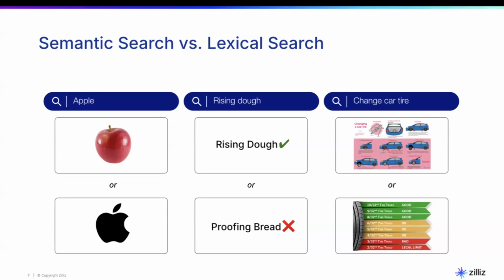A lexical search will look for the keywords rising dough literally, but will it know that proofing bread is an equivalent term that it should also search for? In the third example, the query is change car tire. Will a lexical search be able to understand the intent? Is it about when or how to change a tire?